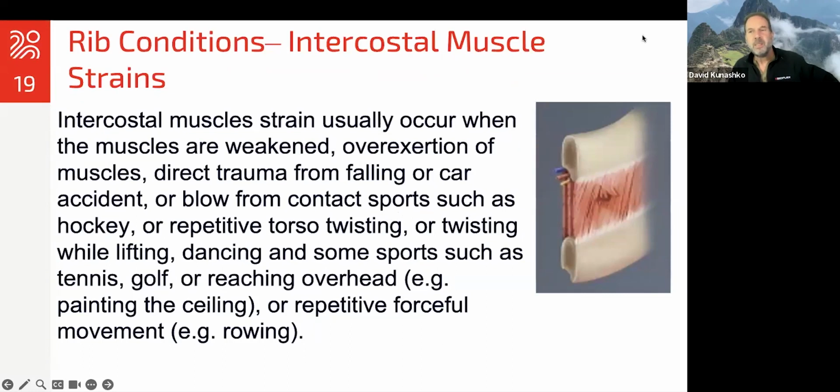Another fairly common rib issue is intercostal muscle strain. You can see the different layers of muscles there. And this can occur when these muscles have become weakened or overexerted, and may be due to trauma, from falling,